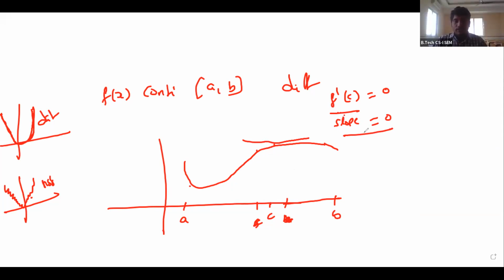So what does Rolle say? If it is flowing continuously, if it is smooth as possible, then you will find a C between A and B such that the tangent at C will be parallel to x-axis. That is the meaning of Rolle's theorem. Okay, now